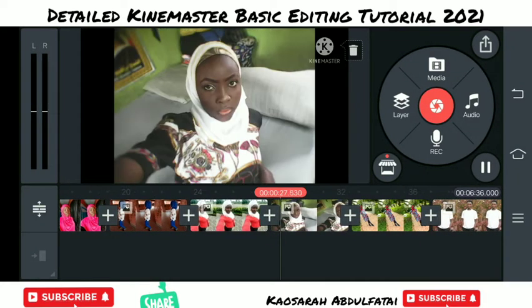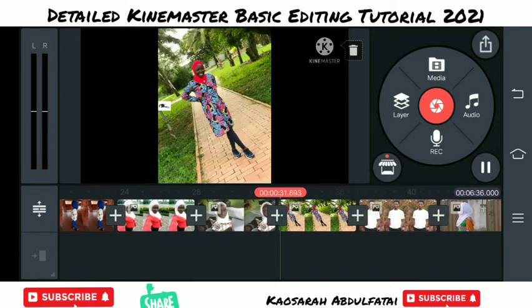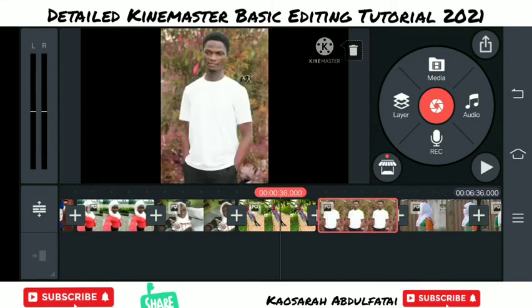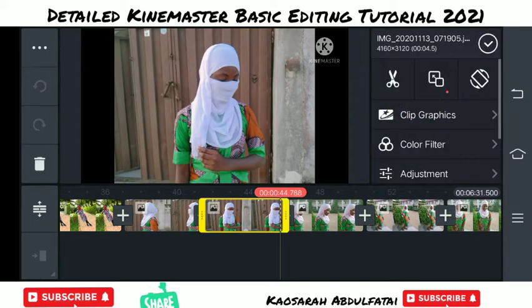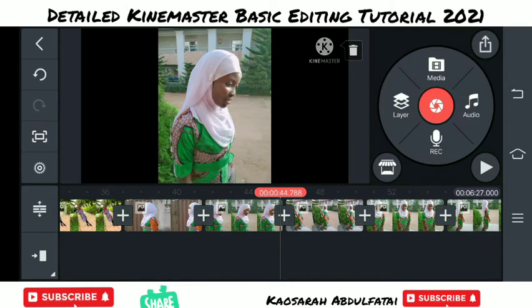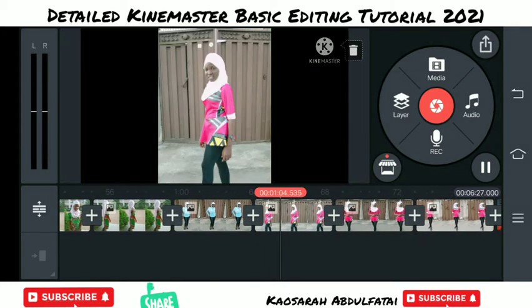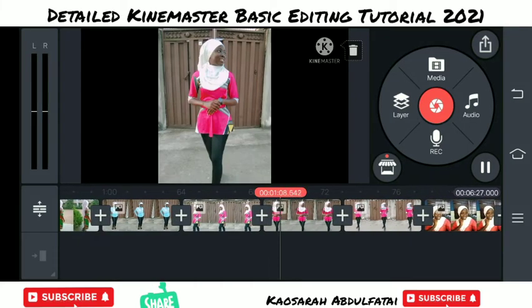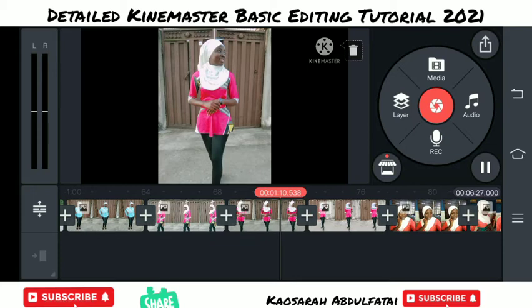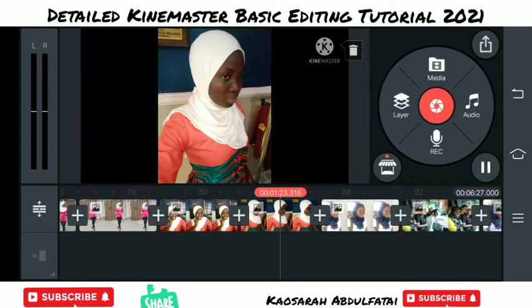I'll be picking any item that I've wrongly picked to remove any kind of error from the video, just like this. So I'll be searching more. That's why you have to play your video from beginning to end before you can say okay, you are good to go to the next step. So check properly, check well, to make sure you are error free before you start doing anything else to make the editing grow further.